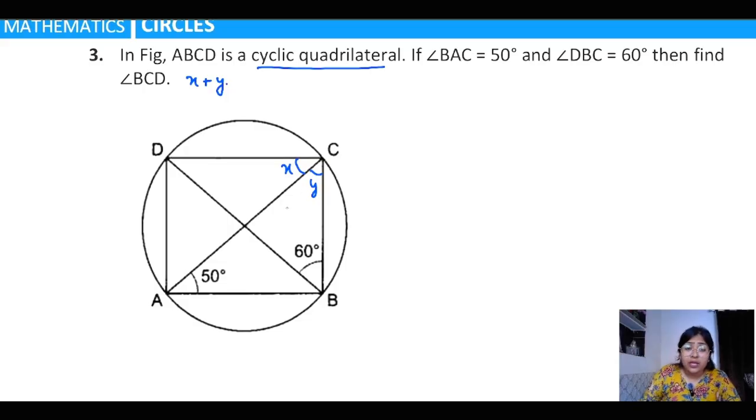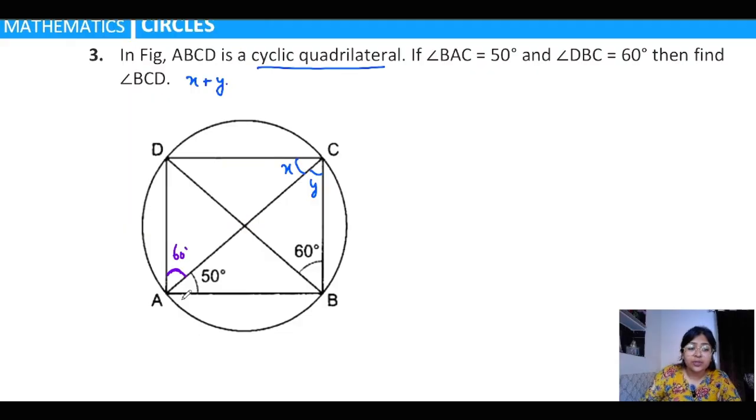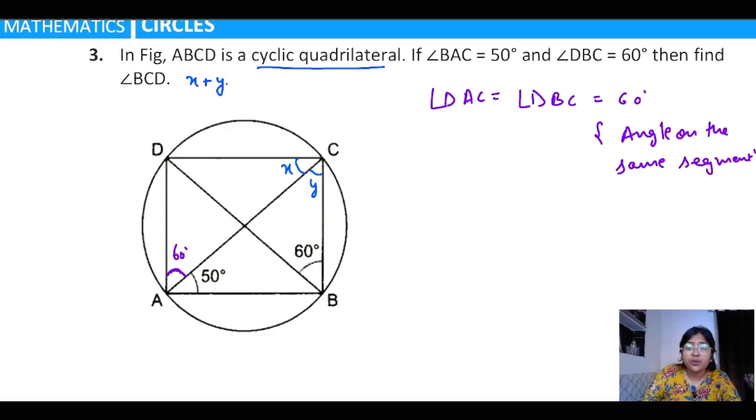Okay. Now we are going to find out this angle. Okay, this angle is equals to 60 degree. Why? Angle on the same segment. Angle DAC is equals to angle DBC is equals to 60 degree because angle on the same segment. ये हमने क्लास 9th में थ्योरम पढ़ी है, तो हमें बस क्लास 9th की थ्योरम्स का यूज आना चाहिए. तो ये एंगल कितना हो जाएगा? 60 डिग्री. इट मींस द टोटल एंगल A वैल्यू इज हाउ मच? Yes, 110 degree. If the angle A is 110 degree, then what will be the value of angle C? 70 degree. Since ABCD is a cyclic quadrilateral, so their opposite angle sum will be 180 degree.